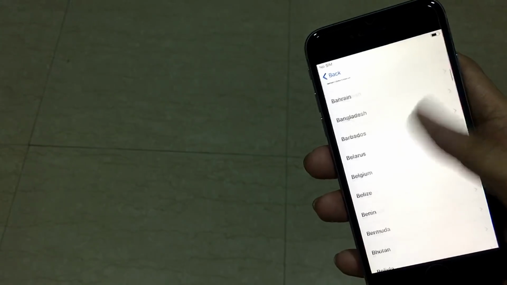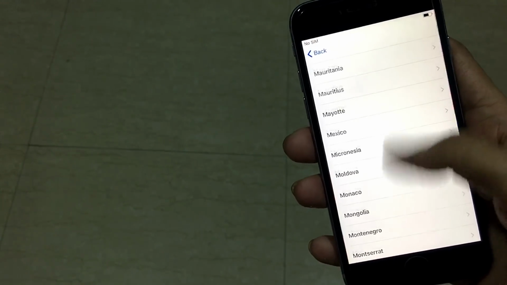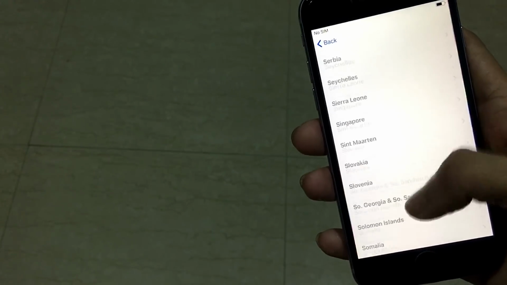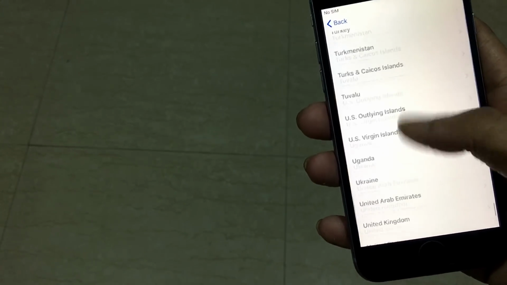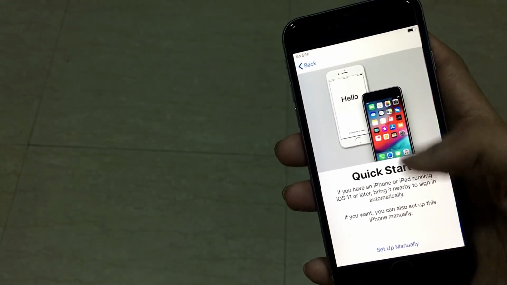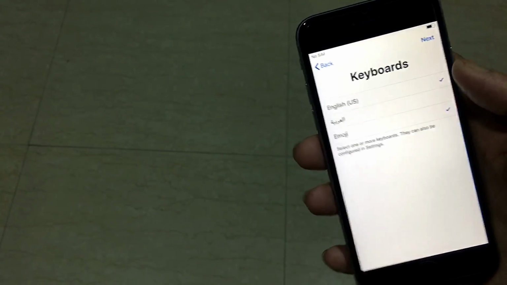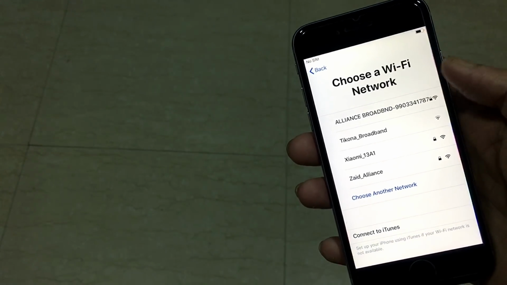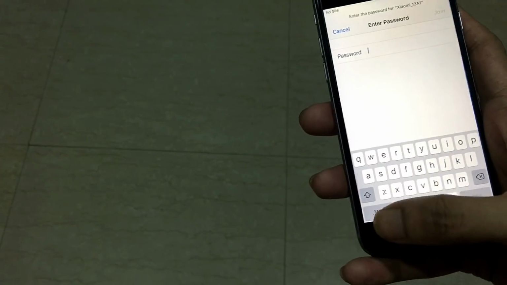You select your country first, whatever your country may be, like South Korea or anything. So select your country, then go to set up manually and then press next. Connect to your Wi-Fi first, enter your password,